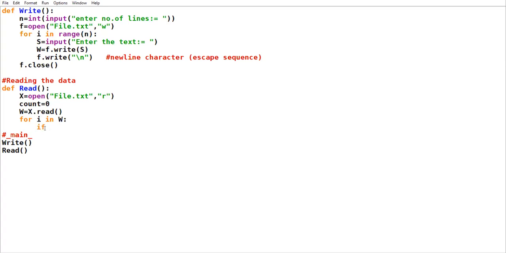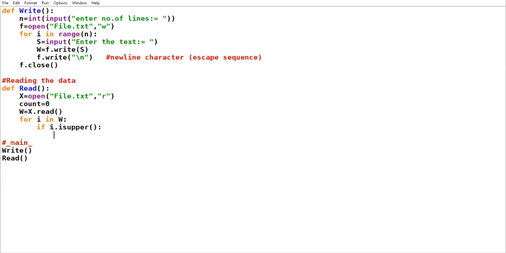If I, the first character it is going to read, is in uppercase, the isupper function will see whether your character is in uppercase or not.